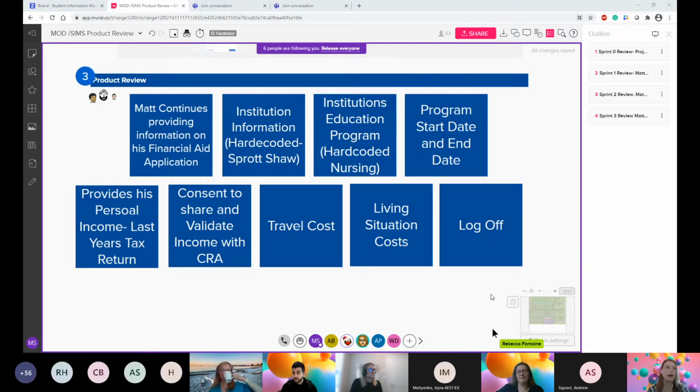So today we're going to see Matt continue on his financial aid application journey. Now he's going to provide institution information, and I just want to highlight that because we don't have institution accounts set up yet, we've had to hard code that information as a placeholder in the meantime. Same with education programs. It will be hard coded for nursing. They're going to be able to add their program start and end date, personal income, last year's tax return. They provide their consent to share and validate income with CRA, travel costs, living situation costs, and he will be